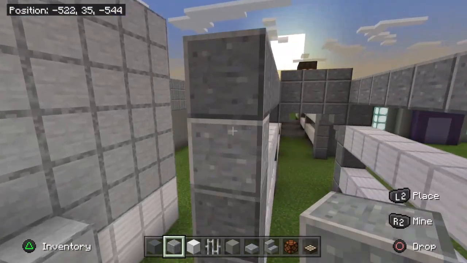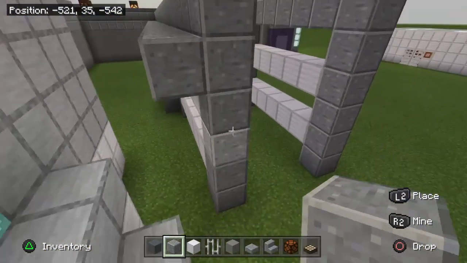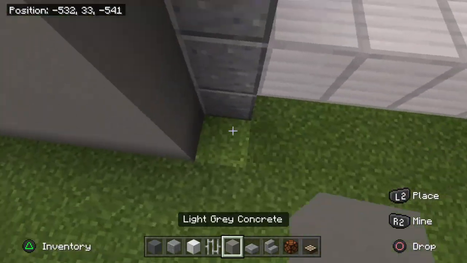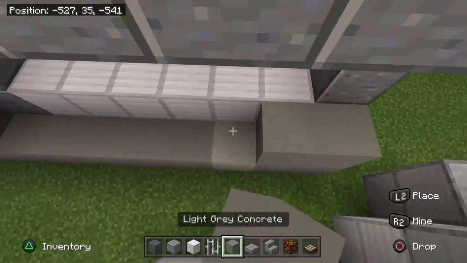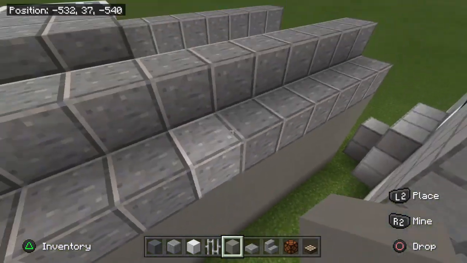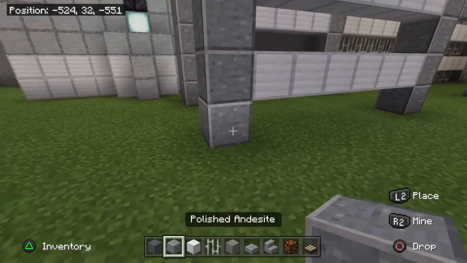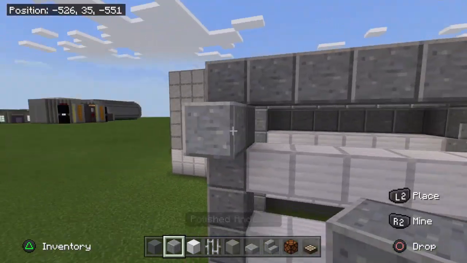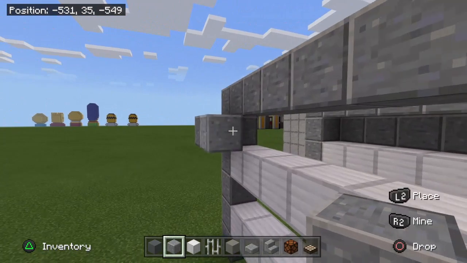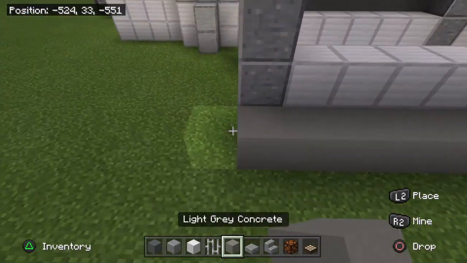Then we'll go ahead and bring our blocks from here down and stop just in line with it. That'll be great. And then we'll bring our light grey along as well, like so. Now this side's a little bit more awkward. We go ahead and still do our polished andesite here, just behind these iron bars, but it's going to stop just before this post. So do the same with your light grey as well,